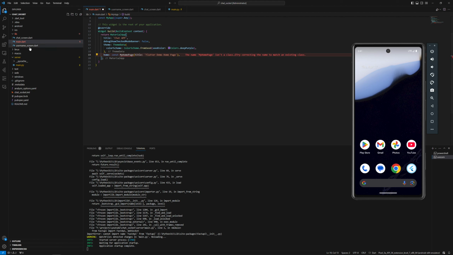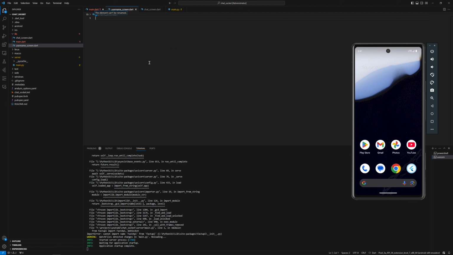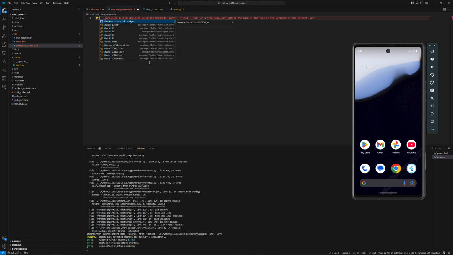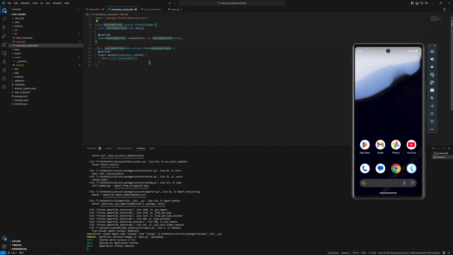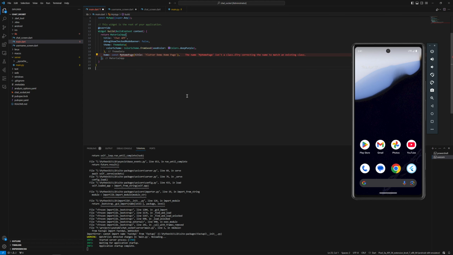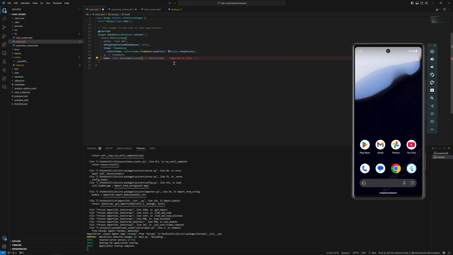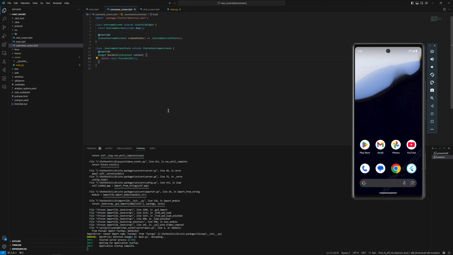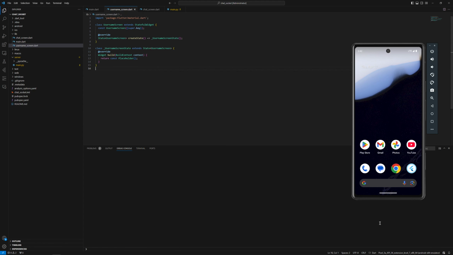Okay, and I'll create a username screen. So I'll just call it over here and remove the title and all, and then I'll import it. Okay, so the username screen is created. I'll run the app on the emulator,